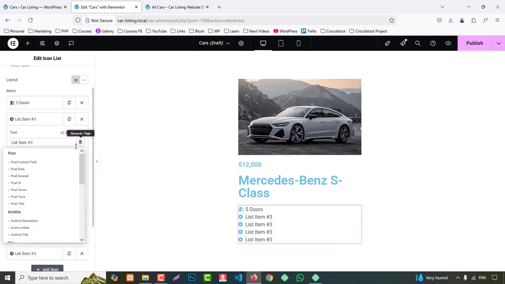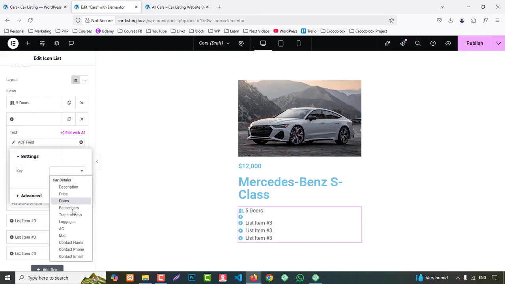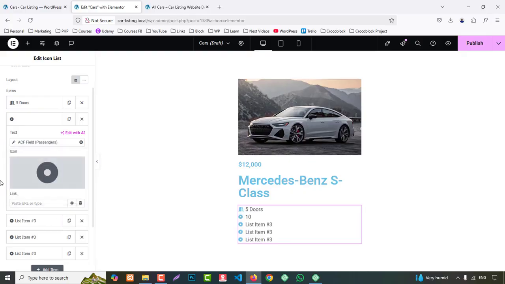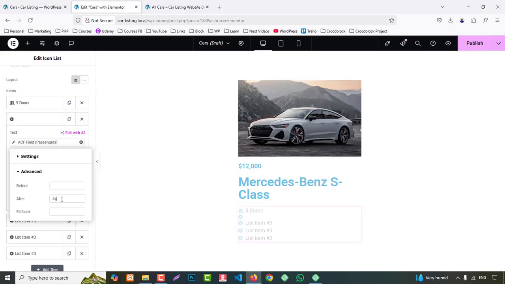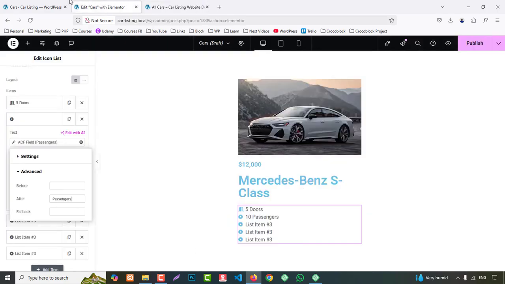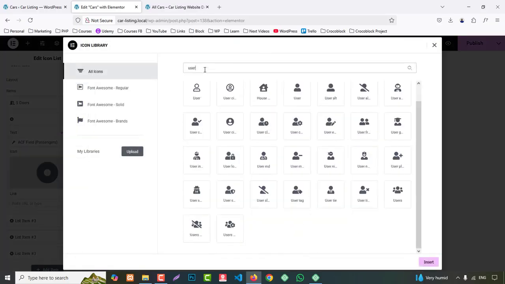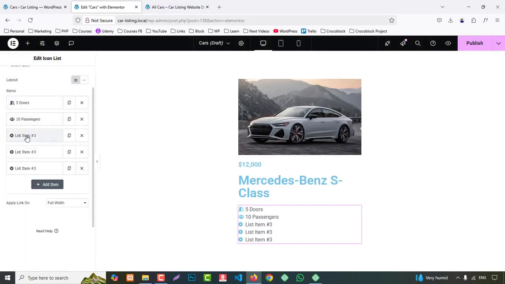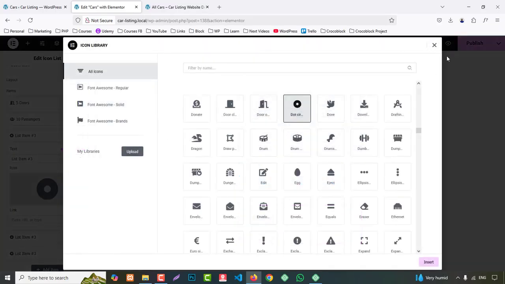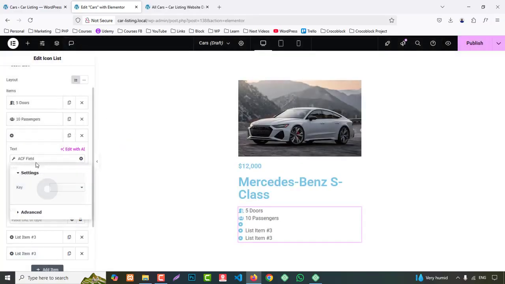Then we need passengers, so again ACF field, click here and here passengers, and then we can write here after, advanced space passengers. Then bag. Okay, so after this we can change this icon for users and paste here, insert. Okay, then we need dynamic text ACF field and click here